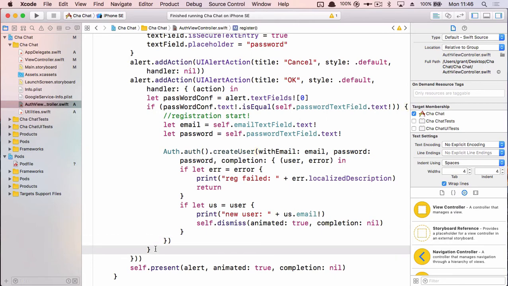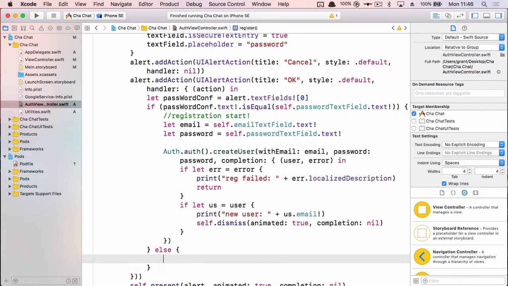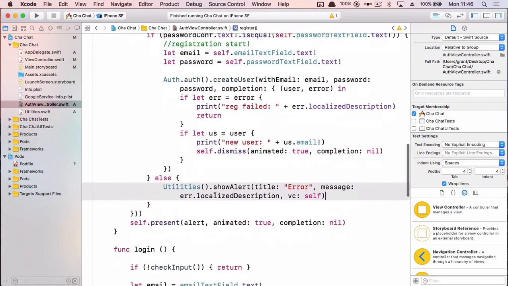So this is a handy trick in Xcode. If you go to a brace or a bracket and you move back and forth over it, you'll notice that over in the top here, where I've selected this line, it highlights its counterpart, so where it opens and closes. So just by going back and forth, you can tell where you are. So we know this is the correct place to place an else. And then we can tell the user that they are actually wrong. So we can paste it,